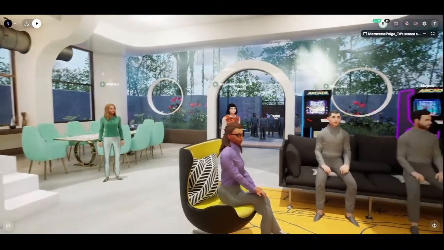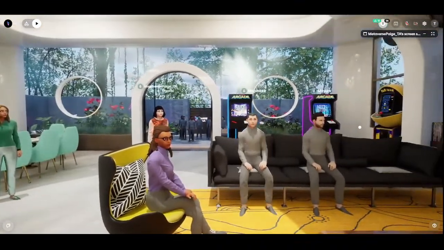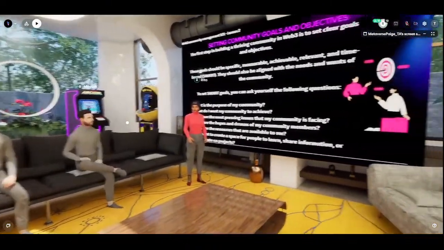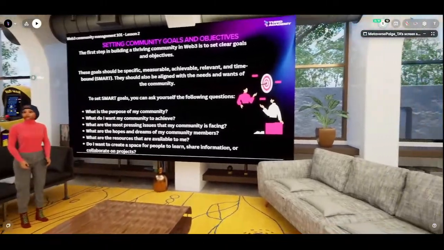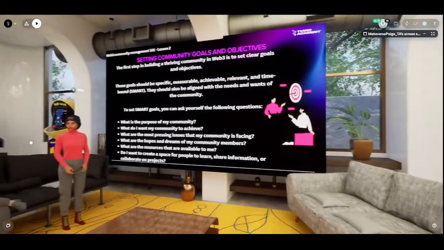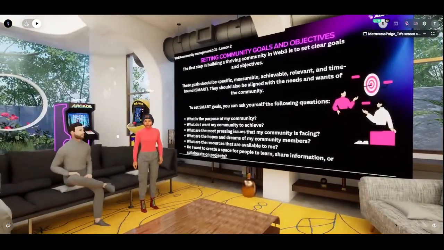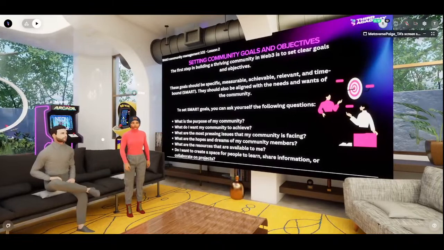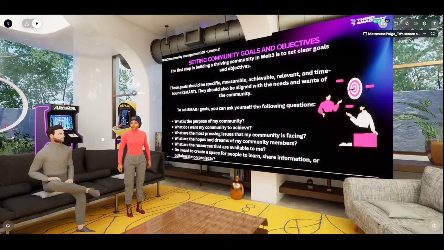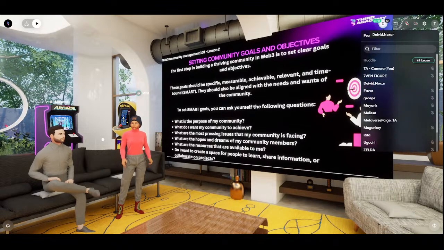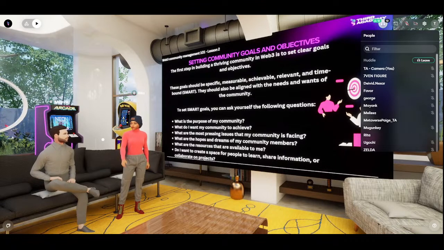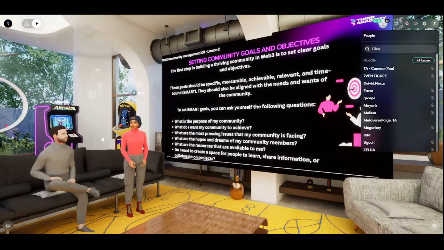You also want to make sure that these goals are aligned with the needs and the wants of the community. But sometimes it can be daunting, just coming into the community. You might not know where to start from, or the right questions to ask, or what the needs of the community are. But you can deal with all of these issues by asking yourself the following questions.